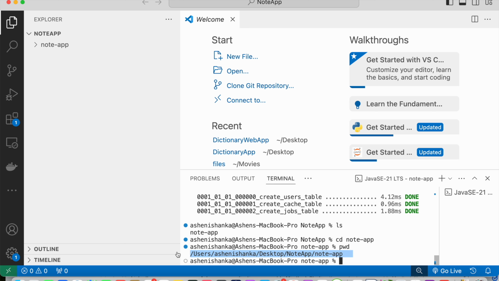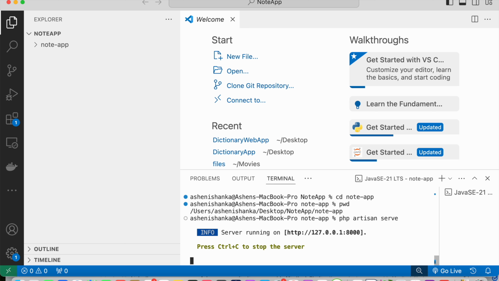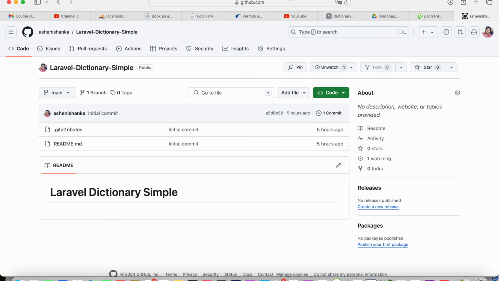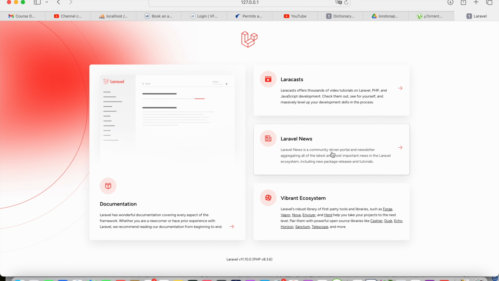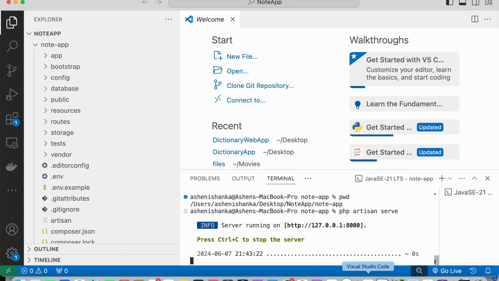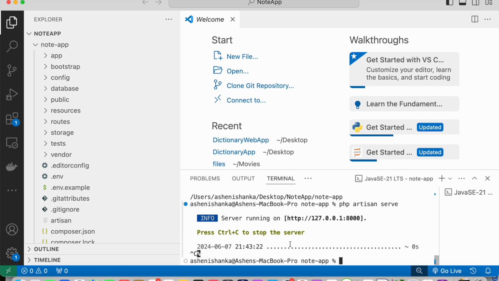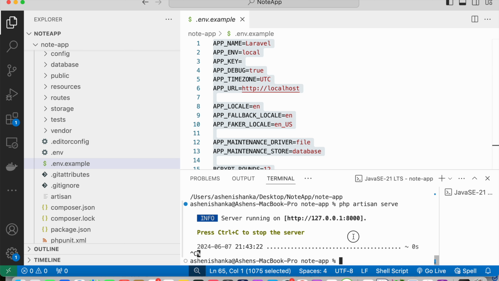So the next step is we can go ahead and run php artisan serve to open the default web page. Okay, this is the default page. Let's open the Visual Studio Code again, and we have to cancel this currently running process by pressing Ctrl and C on your keyboard. You can type the command